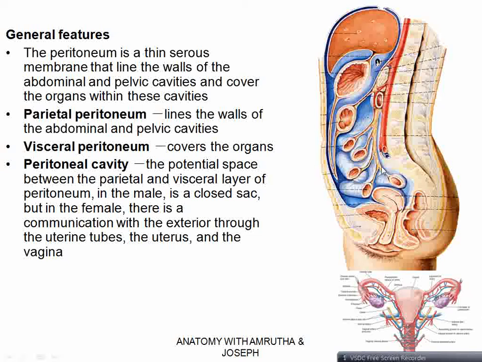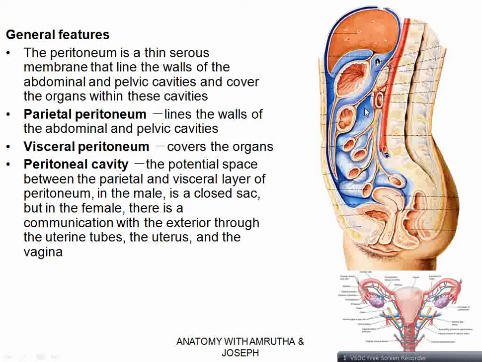And this is sagittal section. So when we consider the peritoneum, it is complicated because there are different organs inside the abdominal cavity and the pelvic cavity. We can also see that the peritoneum, which is represented as the blue color, is covering the abdominal cavity and the pelvic cavity, the pelvic organs as well.